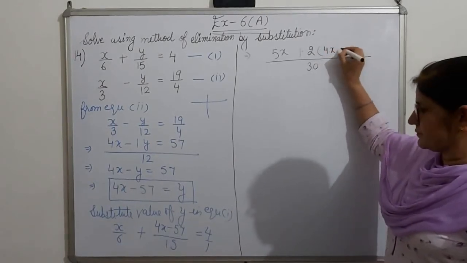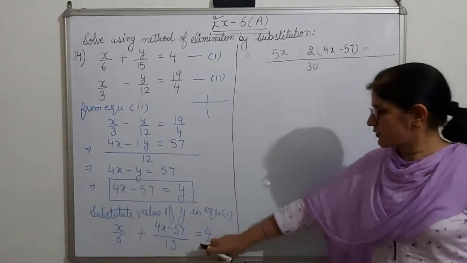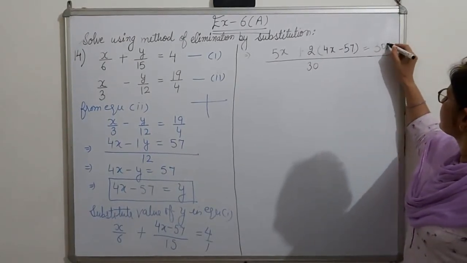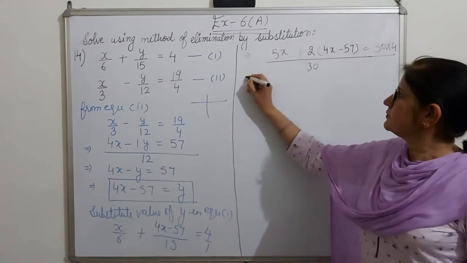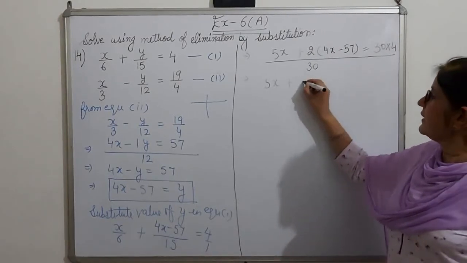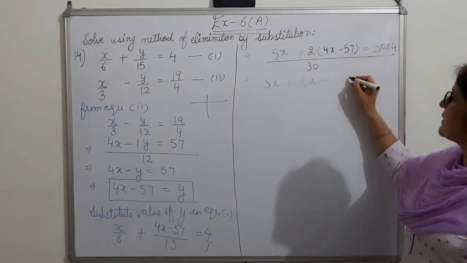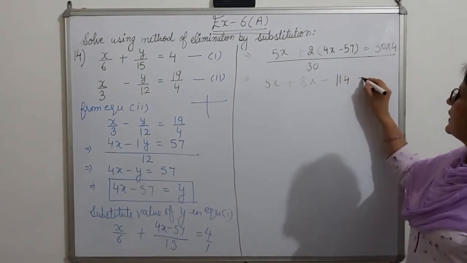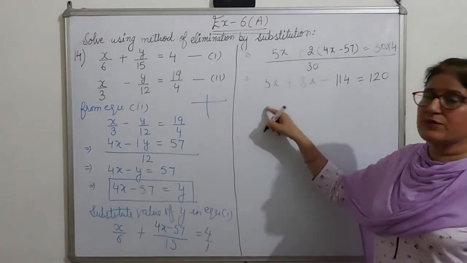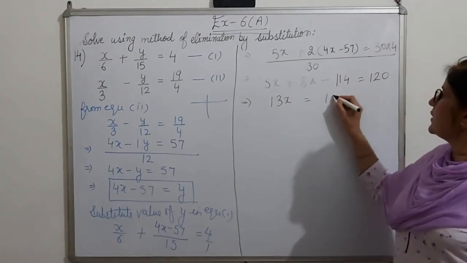4x minus 57 is equal to, this 30 will multiply with 4. 5x plus 4 twos are 8x, minus 57 twos are multiplied. What you get? 2 sevens are 14, 2 fives are 10, 1 and 1 is 11, so 114. And 30 fours are 120. Now 8 and 5 both are positive. What do we get? 13x is equal to 120